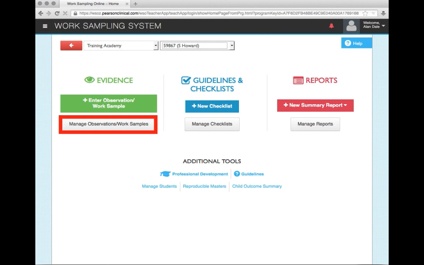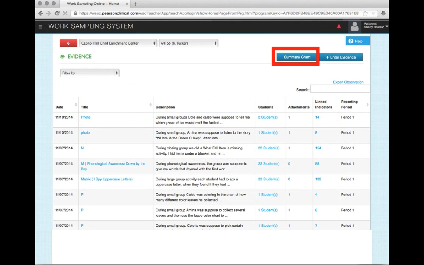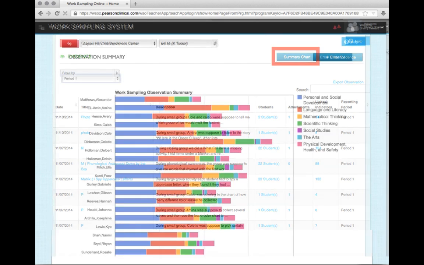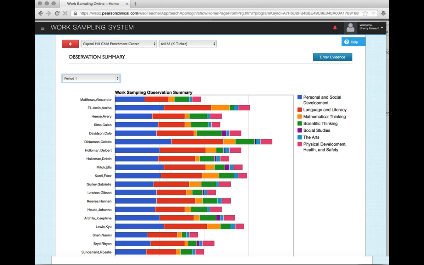One way to quickly screen a classroom is to use the observation summary. Once you are on the teacher side of the site, click on Manage Observations and Work Samples button. This will display the evidence summary screen. Click on Summary Chart in the upper right-hand section. Select either period 1 or 2 and it will produce a bar graph. This graph gives you an overview of evidence linked to indicators for children in the chosen classroom. This is a quick look at the progress of the class and will help you in deciding which children to